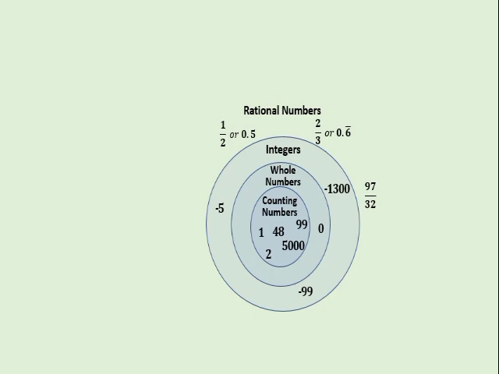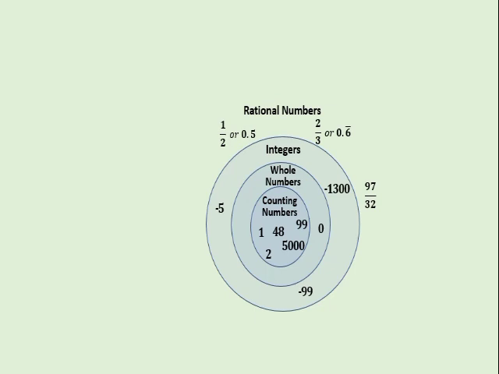2/3 or 0.6 with a bar over the 6, which indicates that 6 is being repeated infinitely, is a non-terminating but repeating number, a rational number. And 97 over 32, 1 2800, 1 over 1000, and many more are examples of rational numbers,